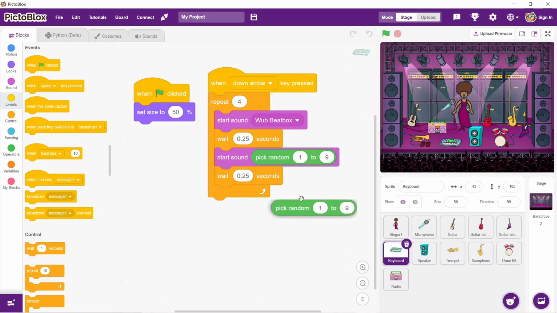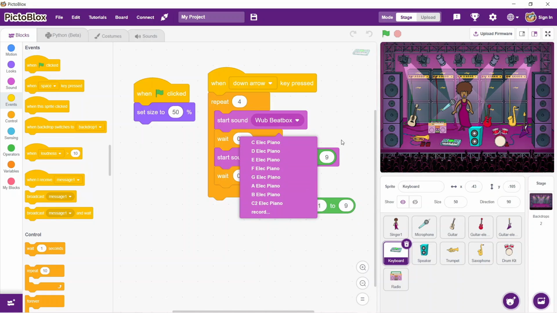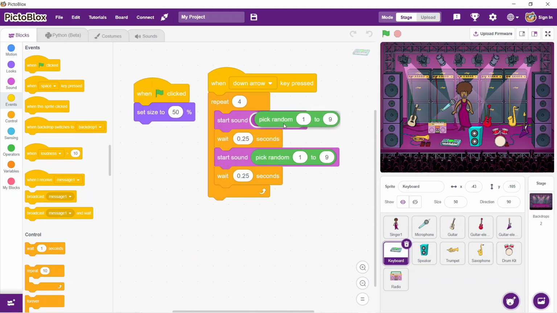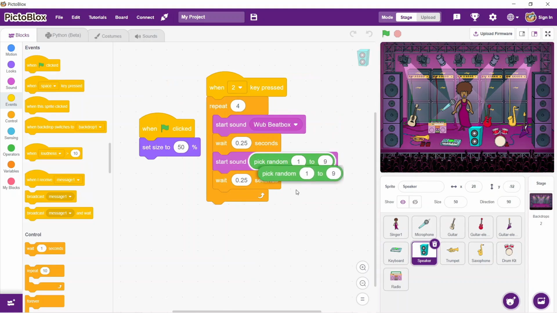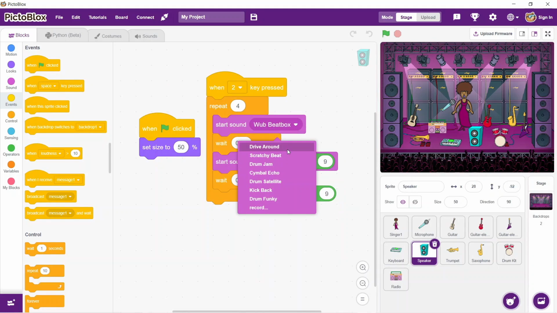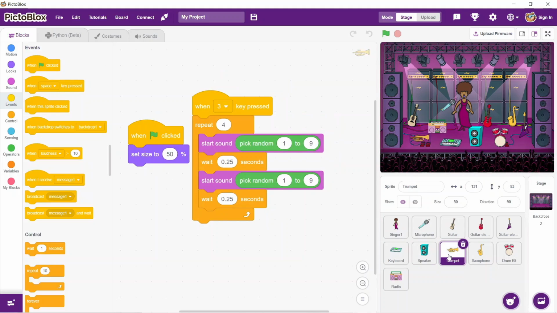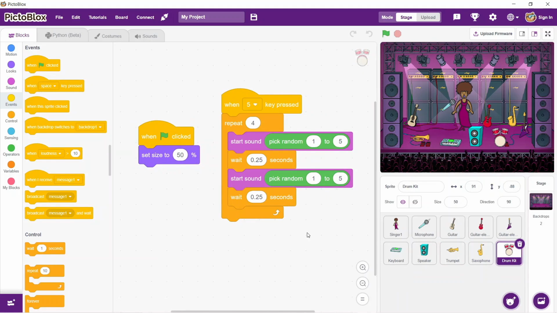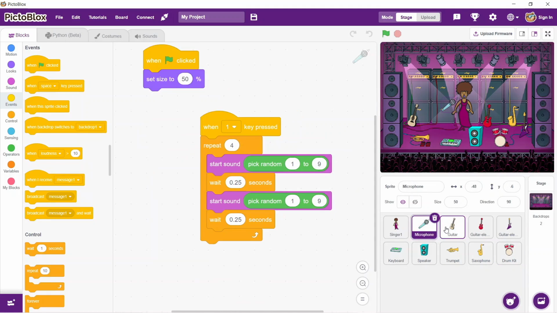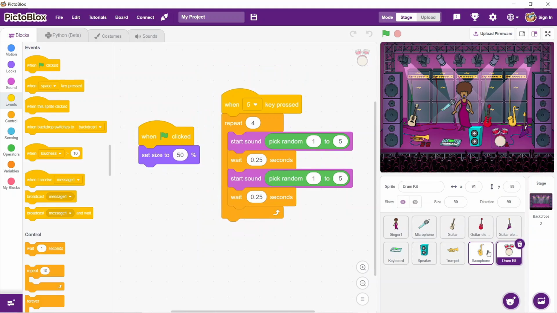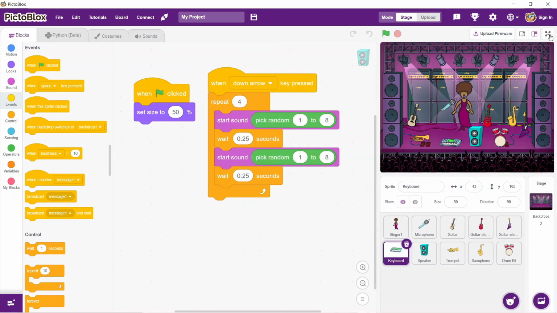Coming to the keyboard, this one also has 8 sounds, so we can change the number here. Instead of 9, we can make it 8. Coming to the speaker and drop down list, here it has 7 sounds, so we can change the number 9 to 7, like this. Likewise, for the other sprites also. So here you can see the instruction set is complete, and we can maximize the game